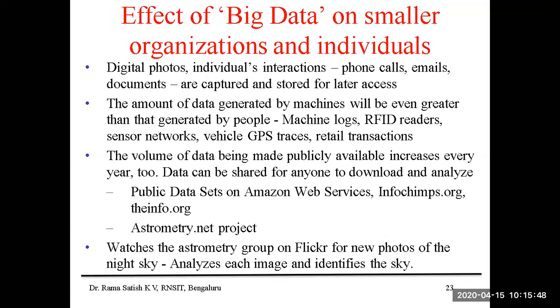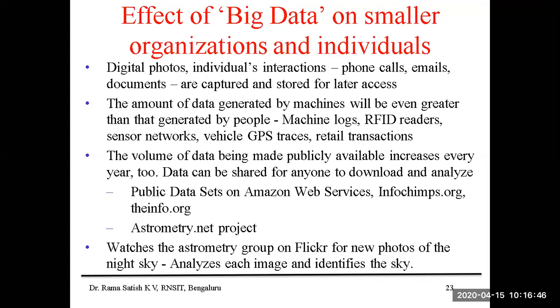Ancestry.net is another project where all your ancestors' data you can record. You can even create your own ancestors' data along with their photos and other things, which works pretty well. So that's one very good component. And it watches the ancestry group on Flickr for new photos. Flickr is another very popular service, just like Google Photos, which stores a lot of personal images and other things. Photos of the night sky: it analyzes each image and identifies the sky. So not only this, a lot of scientists use astronomy,